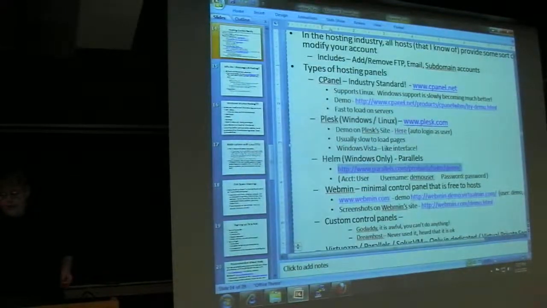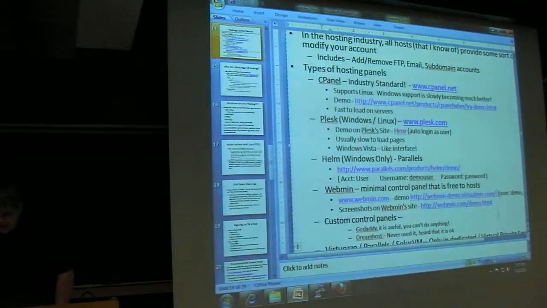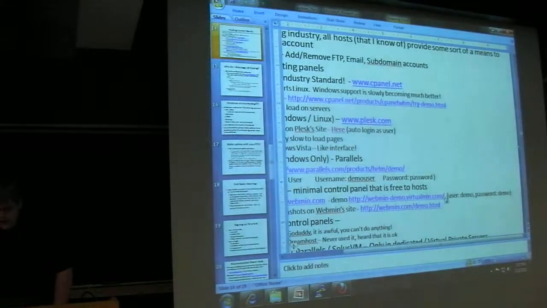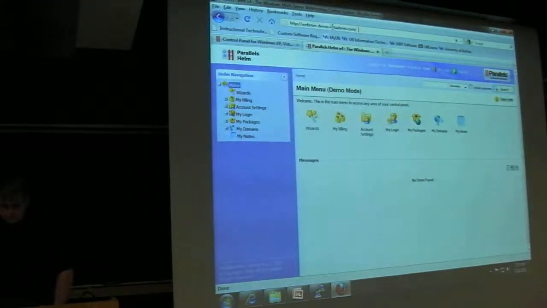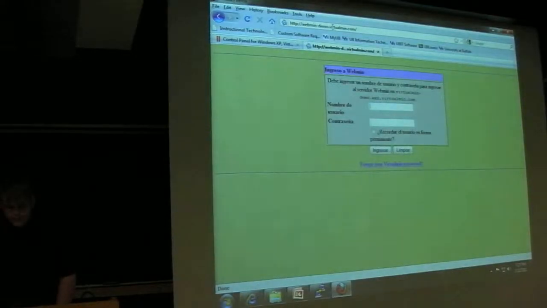Then we have Webmin, which is kind of a minimalistic version because it's free to everyone. So let's log into this demo just to give you an idea of what it looks like. And notice how